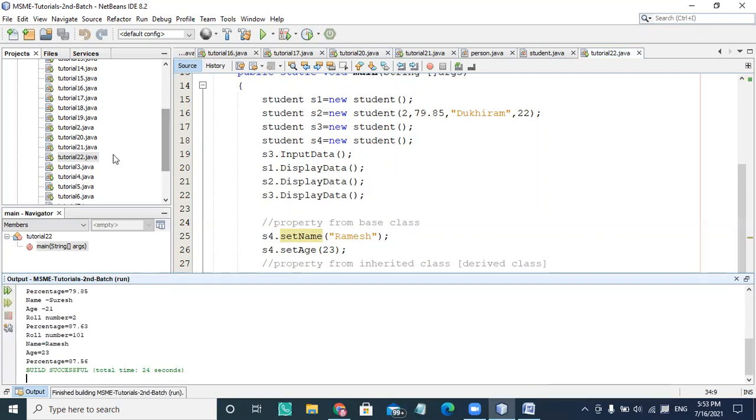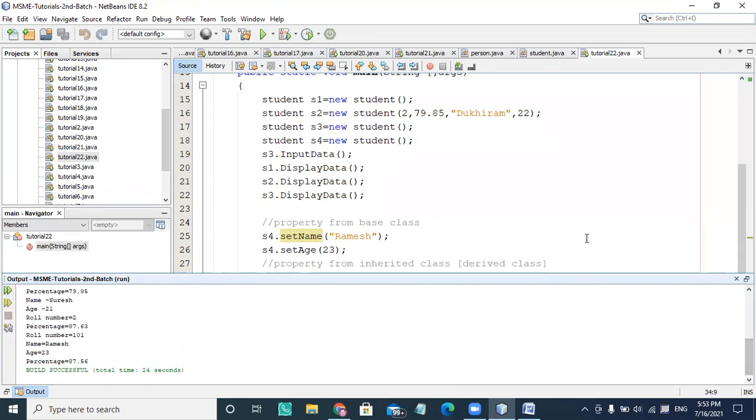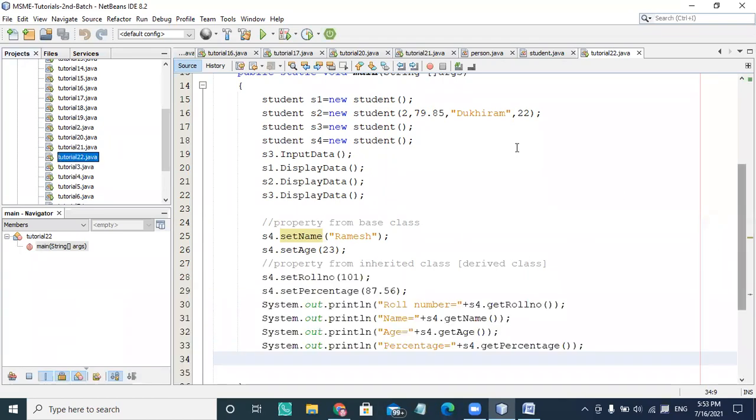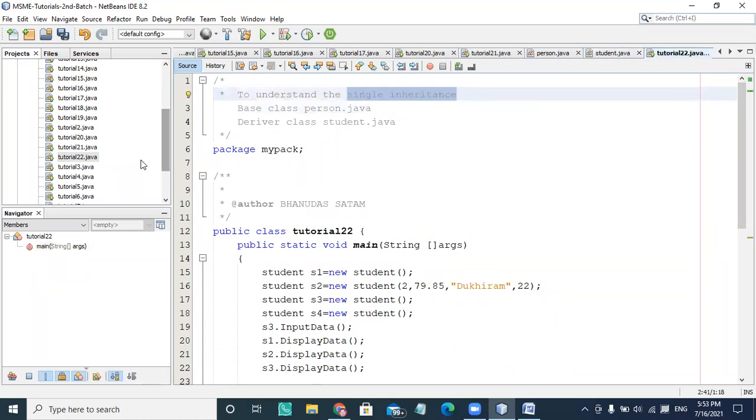If you look at that, there is a Suresh, and the roll number is taken, and then there is a Ramesh. The roll number is shown here and age is 23. If you see the output, there are four objects and the four objects' output are displayed here. So in this way, by defining a class, you can create a single inheritance.